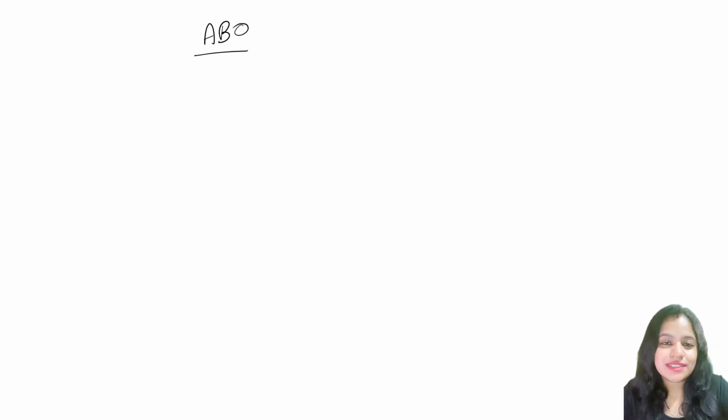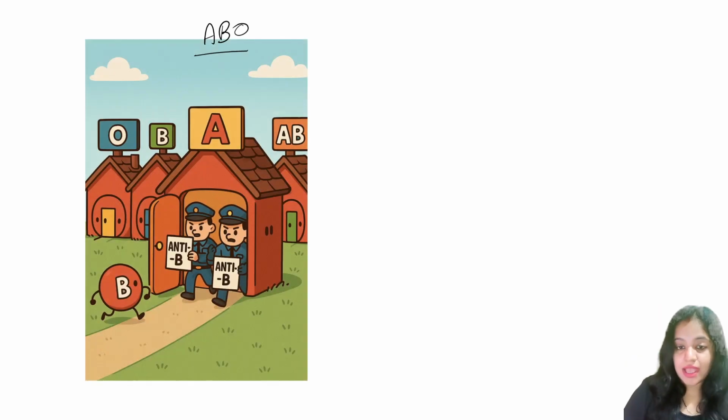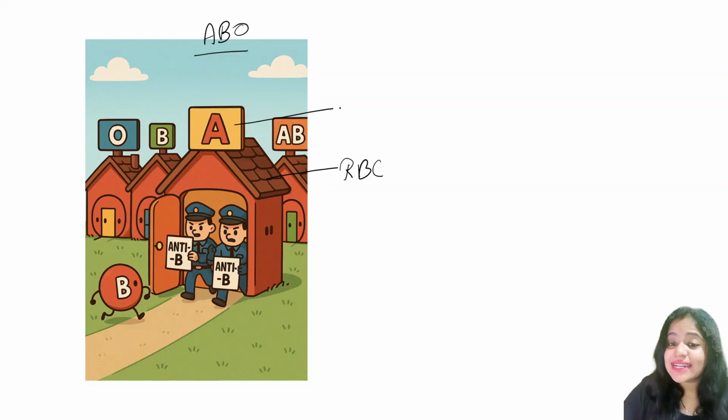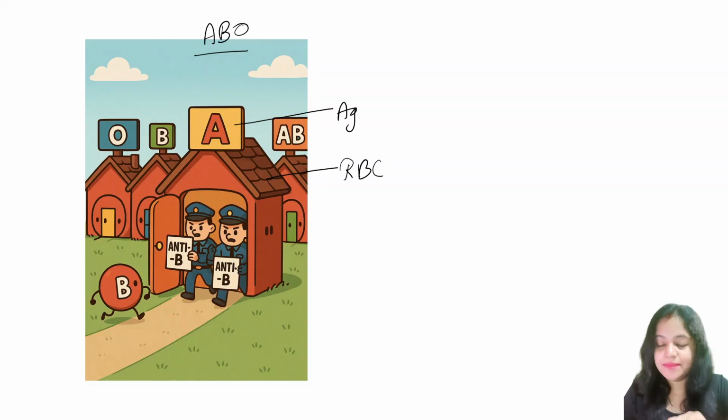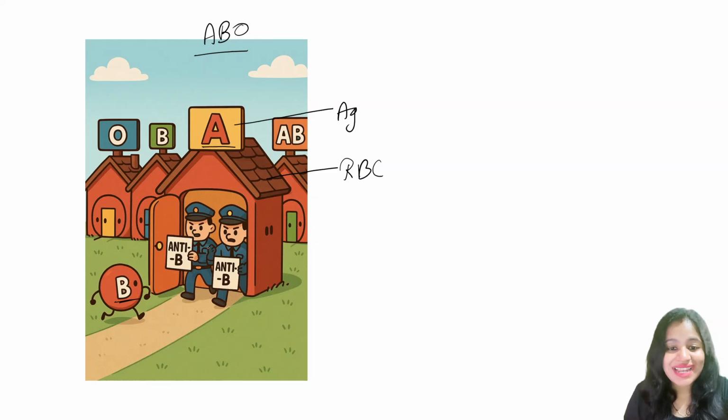So, let's see what is happening in this ABO colony. Now, what have I explained before? That this house is the RBC, right? This nameplate is the antigen on the surface of your RBC. Clear? So now this colony, this whole neighborhood doesn't allow strangers in their house. Okay, they only invite their own relative. So for a house with a nameplate A, who is a stranger? A person from house B. So they will have guards against it. These guards are anti-B guards. So these are your anti-B antibody. Clear?